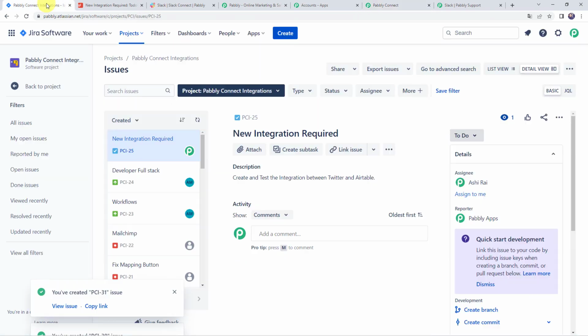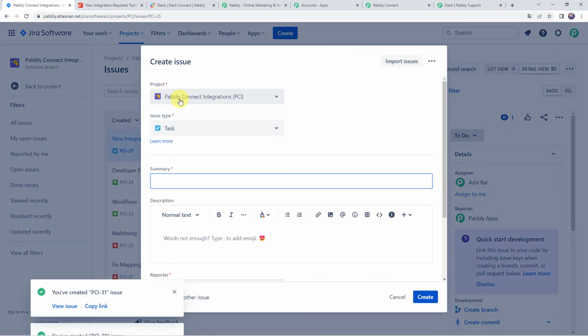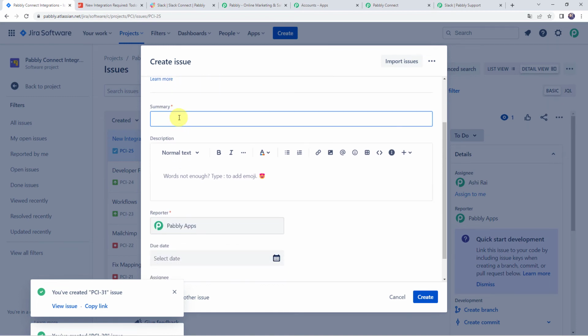So now we are going to check this in real time. Let's move to our JIRA software, and here we are going to create a new task. Let's select the project as Pabbly Connect integrations, issue type as task, and I'm giving the summary as integration for Google Sheets required. I'm just giving a random message, and let us give the description as integration for Google Sheets and WhatsApp